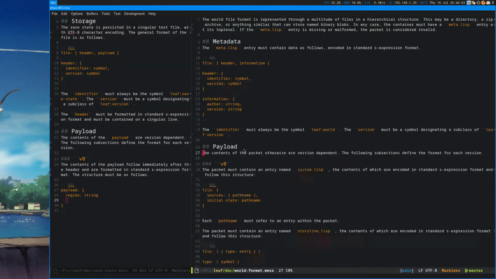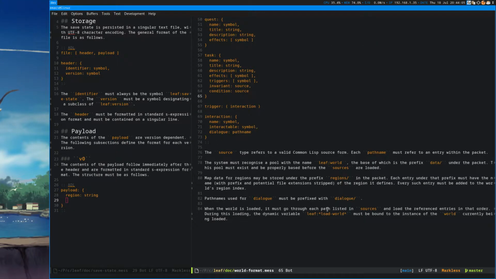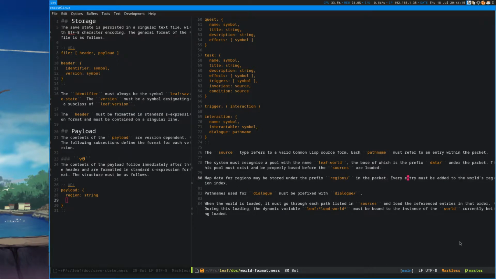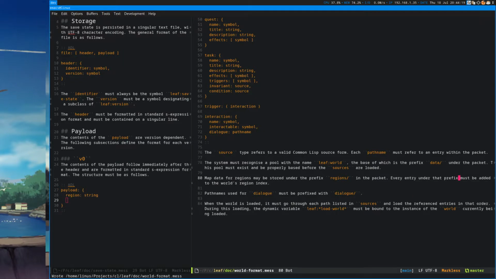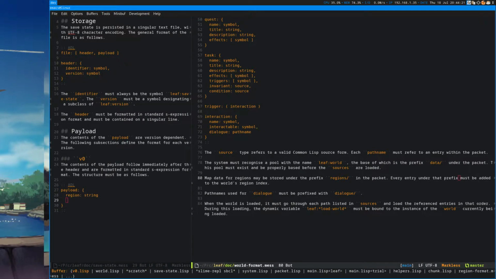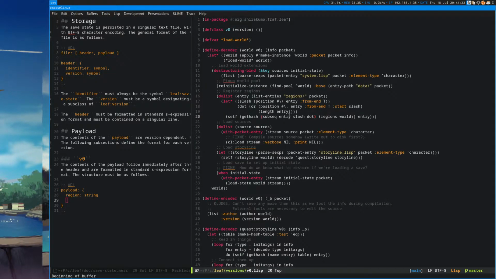It's a kludge, and I need to remove that kludge. Where is it? There we go. Better.